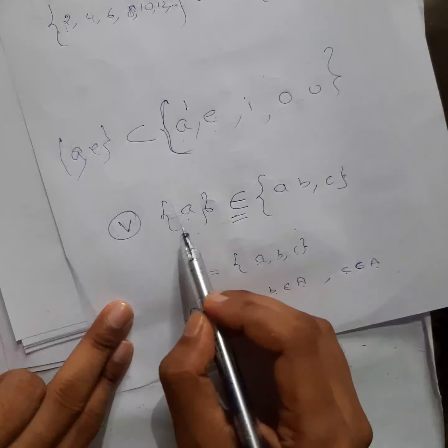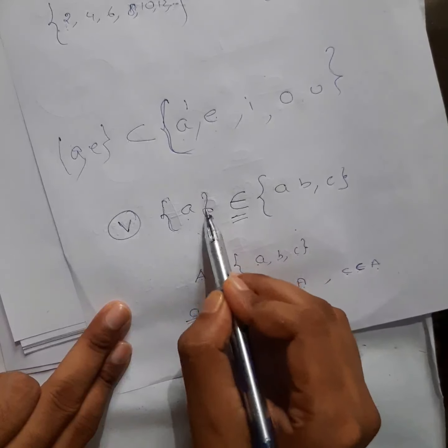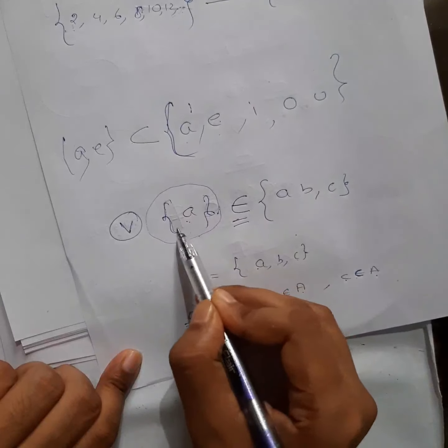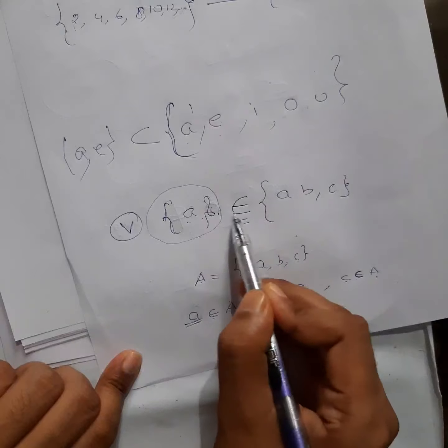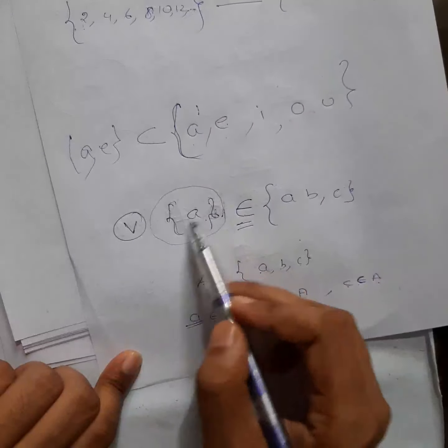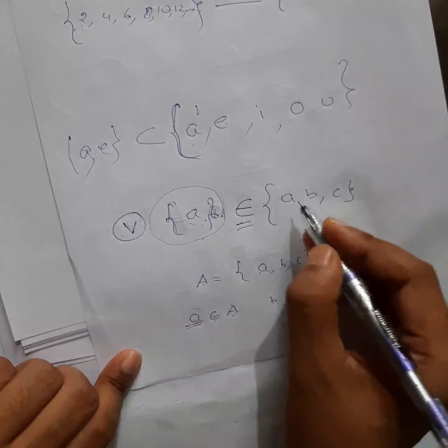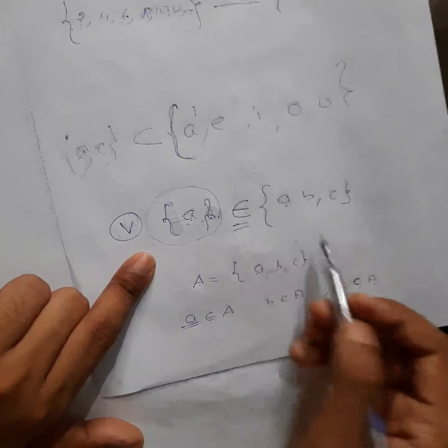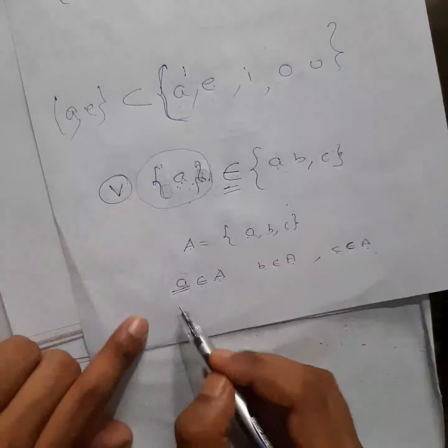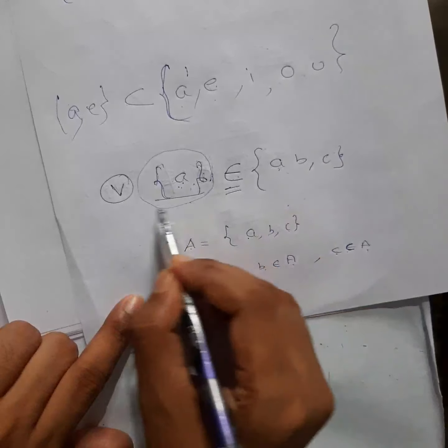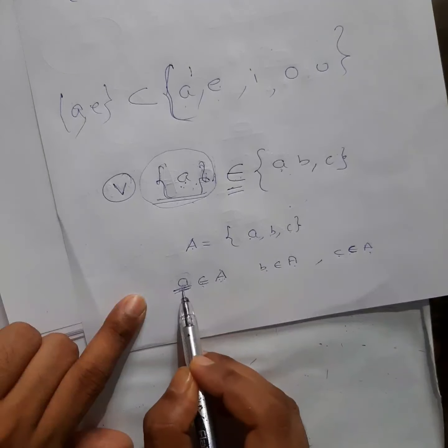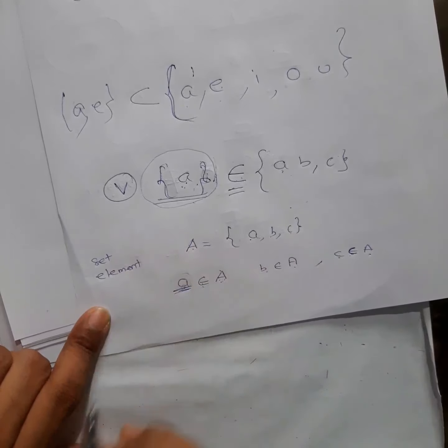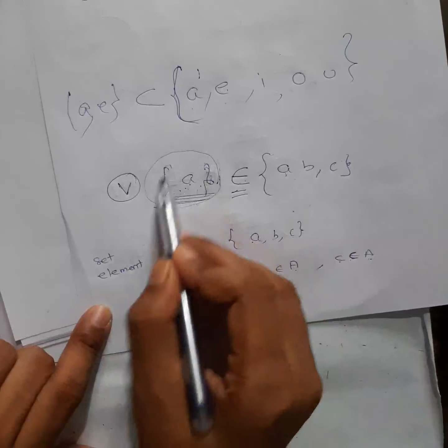Now see here. What they have given is this symbol, right? Curly bracket, inside the curly bracket they have given A. Now what is this? This is not an element, this is a set. Now a set cannot belong to this one. Is this set there in this set? Obviously no. Some students will be confused. They will think that A is there, so A belongs to this set, obviously correct. No, this is not correct. Now try to see carefully. This is a set. But what is this one? This is not a set. There is a difference between set and element. Okay. This is a set as a whole.